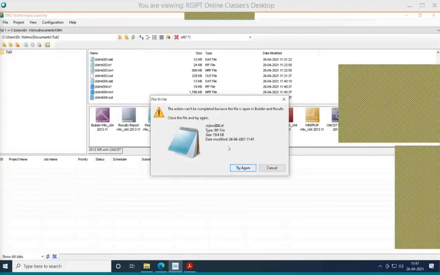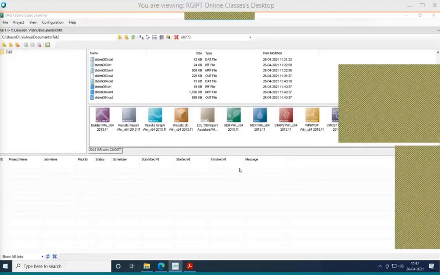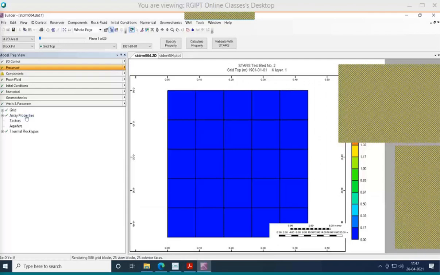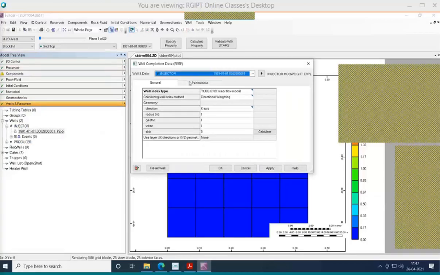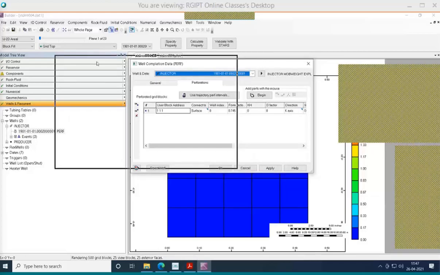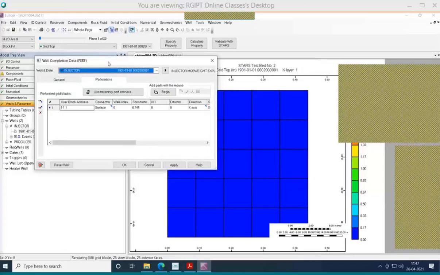Now, wells, injector, perforation. Now it is 111. Sorry, Amir, this is 111, topmost. It is not 1120, it is 111. If we want to change it into 1120, that is also possible.